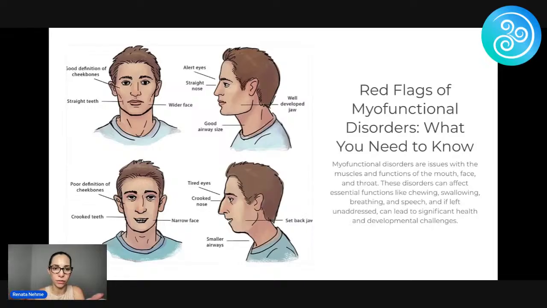I love this photo that shows the top one. You guys have all seen this. Somebody who grows up to look like they're supposed to. If you're breathing through your nose, chewing hard foods, and doing all the things you're supposed to do, it's going to help your skeletal structure grow. Now, the guy on the bottom is kind of like me. What happened over there? That's a person that was super, super tired all the time, breathing through their mouth.